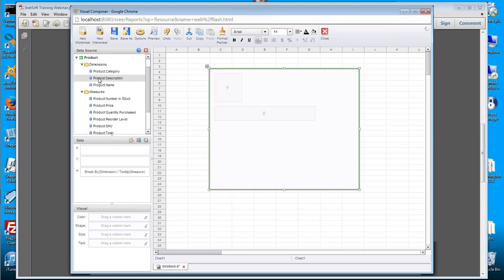Now, and I think I pointed this out last time, in the event that for whatever reason a particular field gets assigned as a dimension or a measure and it should not be, you can change it. You can right-click on a field and change a measure to a dimension and change a dimension to a measure. Okay, let's take a look at how this works in the most simple case. For this blank chart, I'm just going to grab a measure such as the product total, and I'm going to drag it onto the Y region in the chart editor. So I'm going to grab this field, drag it down here,